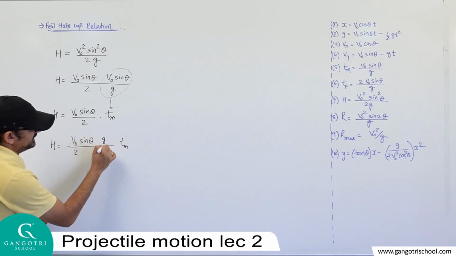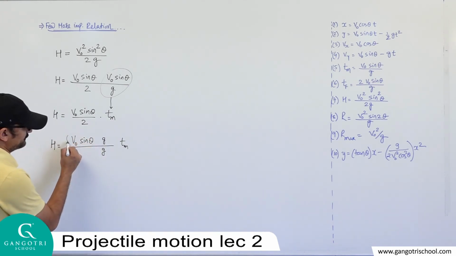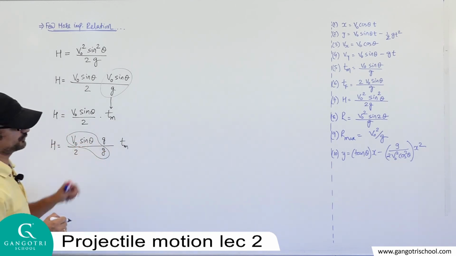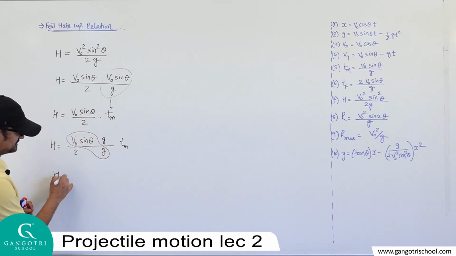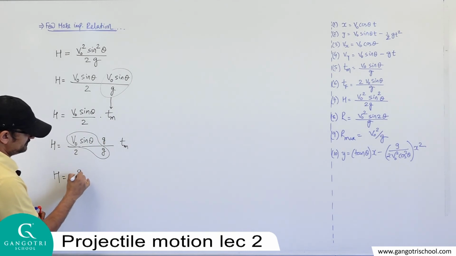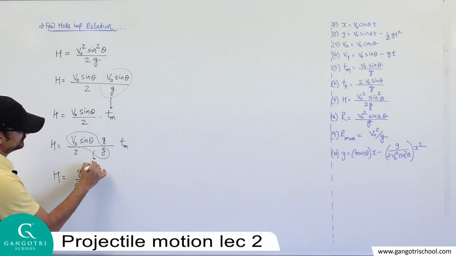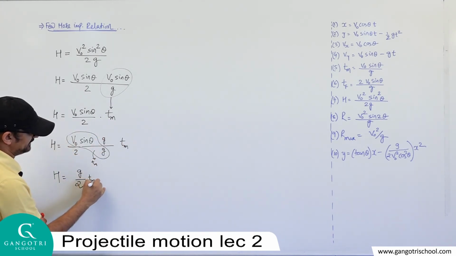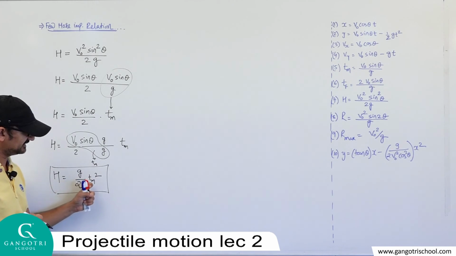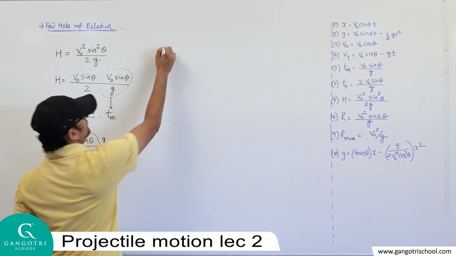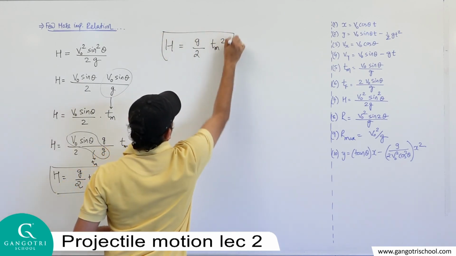Further, v0 sin theta upon 2 as it is, this Tm is also as it is. Again I multiply and divide with g. So again if you observe that portion, v0 sin theta upon g is Tm. So again instead of this term I will write Tm, so h is equal to g upon 2 as it is, into Tm, and one more Tm, which gives Tm square. So look at this formula, it gives us the relation between maximum height and the time to reach maximum height. Finally we can write h is equal to g by 2 Tm square. I am talking about this formula.